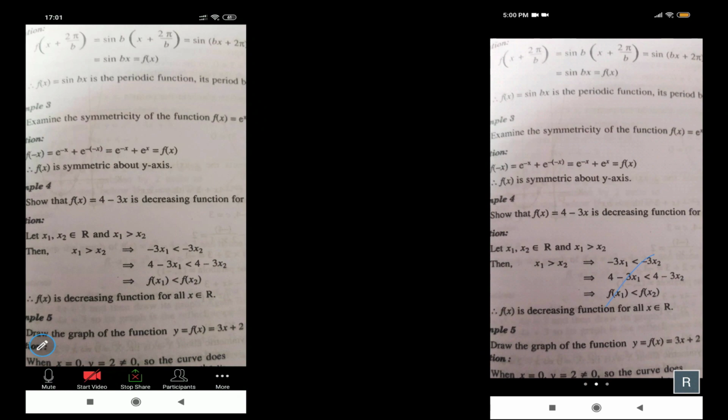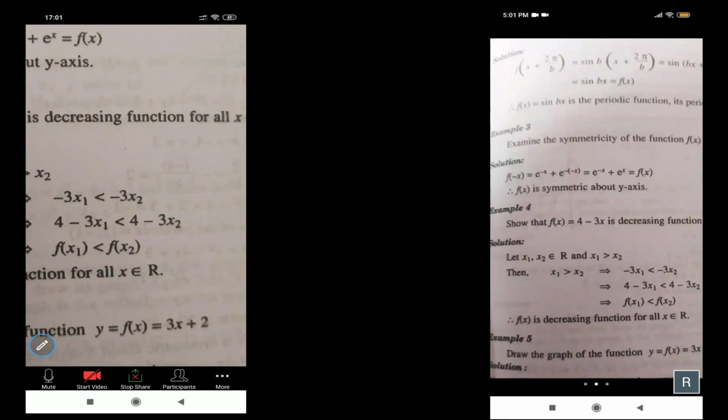In this way, the host can share his documents with his participants, and the participants can also share their documents with other participants and the host in the same way. We can see that this is one of the very effective tools for teaching and learning, and it has become even more useful in this lockdown period.